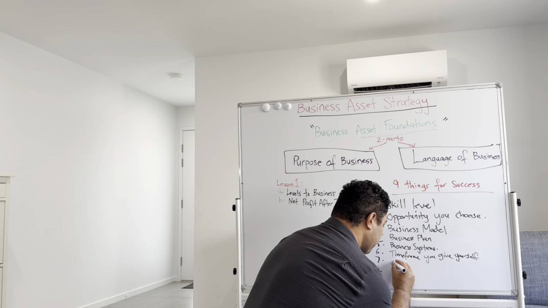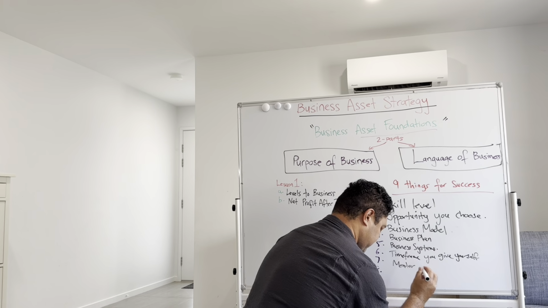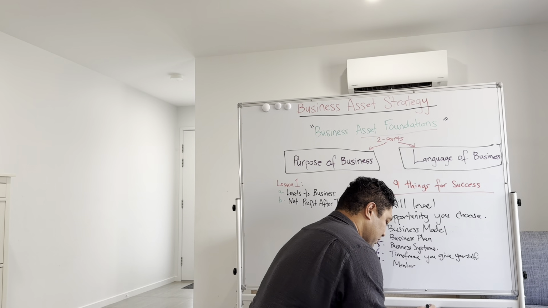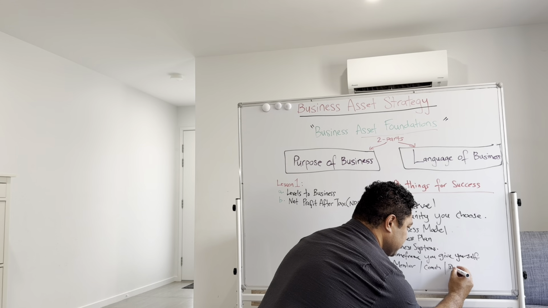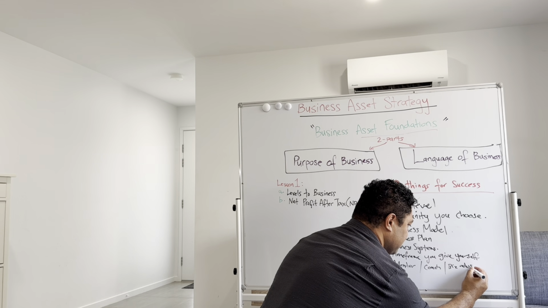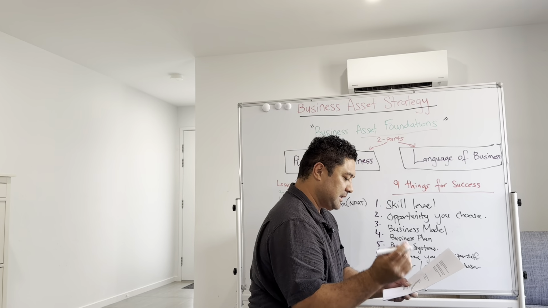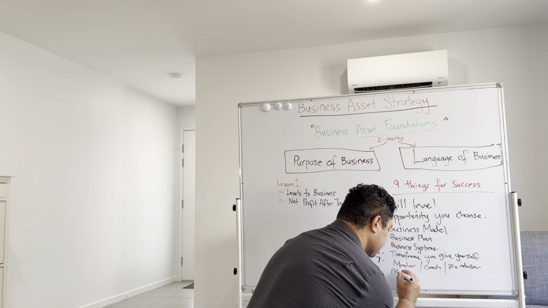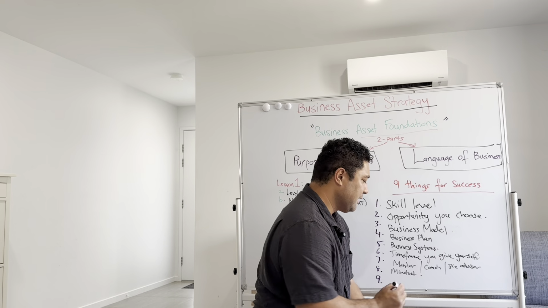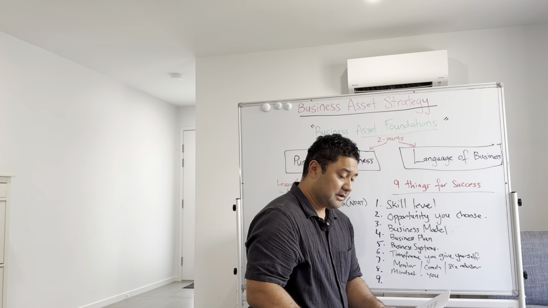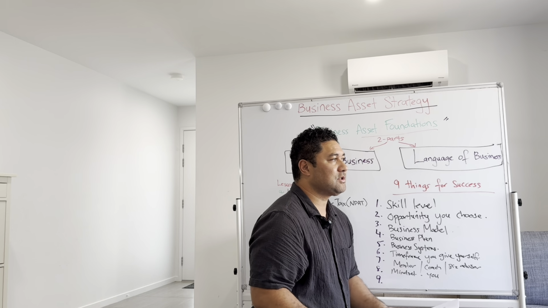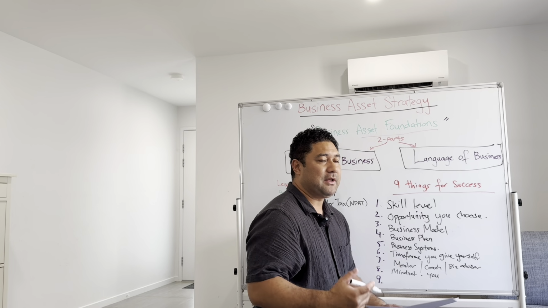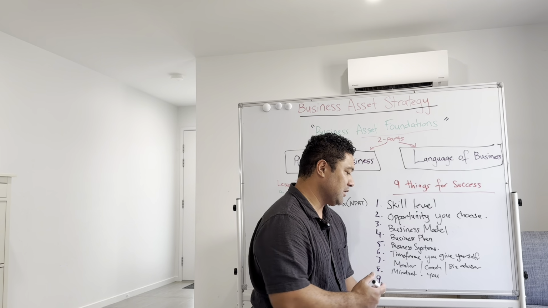Another one is a mentor. I have here, so mentor, coach, business advisor. 8, your mindset. And what I've got here, the you you surround yourself with, okay? This is your own self, your own thoughts, your own feelings, your own emotions, your belief systems. Yeah, that's super important, the you, okay?